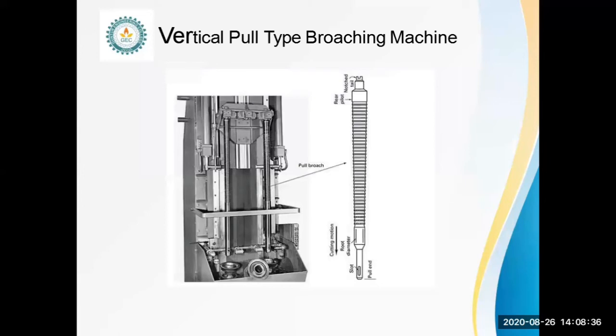Coming to the next one, the vertical pull type. The vertical pull type is also known as the vertical broaching machine. It is used for surface broaching or internal broaching, the former being most common. It has a vertical slide to which the broach is attached, and the workpiece is held in a fixture on the table, and the broach tool is pulled vertically down against the stationary workpiece. Vertical broaching machines may be of the push down and pull down or pull up types, but the majority of the machines are of pull type.